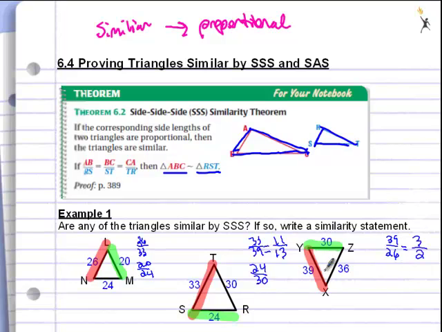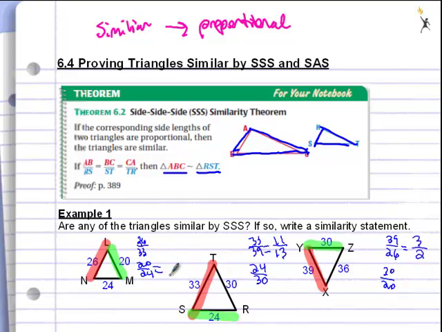And the ratio of this triangle with the last one, which gives us 30 over 20. Now what I want to do is try and reduce these, but you should start to notice that the ratio should end up being the same as the first ratios we found. Meaning the ratio of the smallest sides and the ratio of the longest sides, if the triangles are similar, should be the same. Here we get